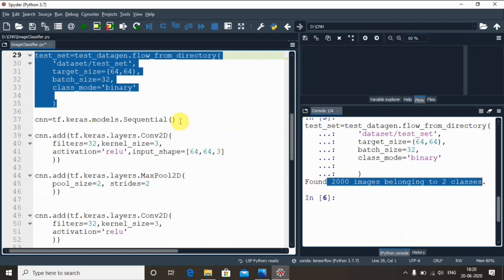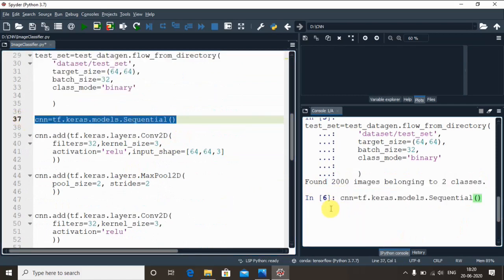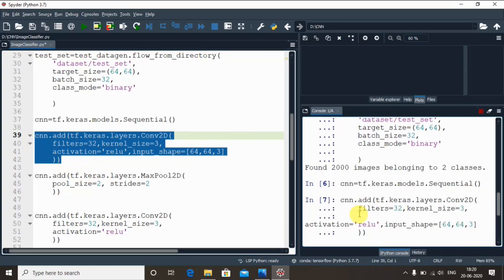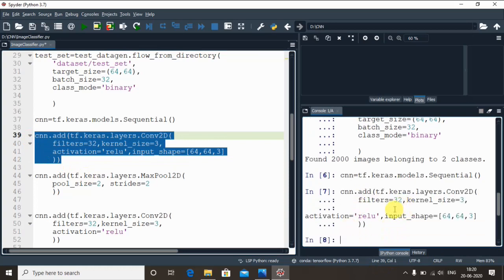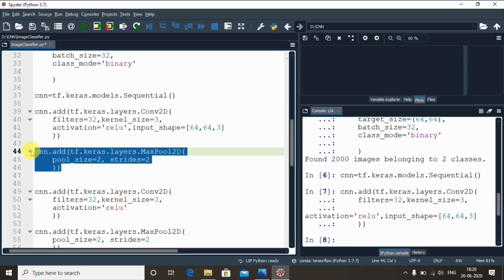Now it's time to initialize our CNN. Do not forget to initialize it, right? We do it using the Sequential class, and now it's time to add the first layer, called the convolution layer. We do it in this way. We provided 32 feature detectors with a kernel size of 3 x 3. The activation function used was ReLU, and the input shape was 64 x 64, which was the target size of the image, and the 3 indicates that you are dealing with a colored image.